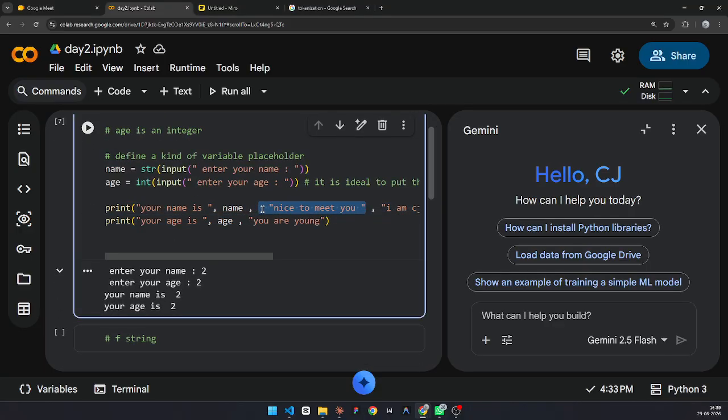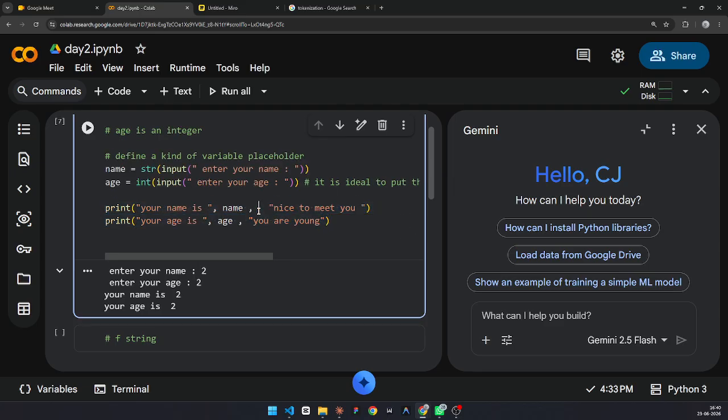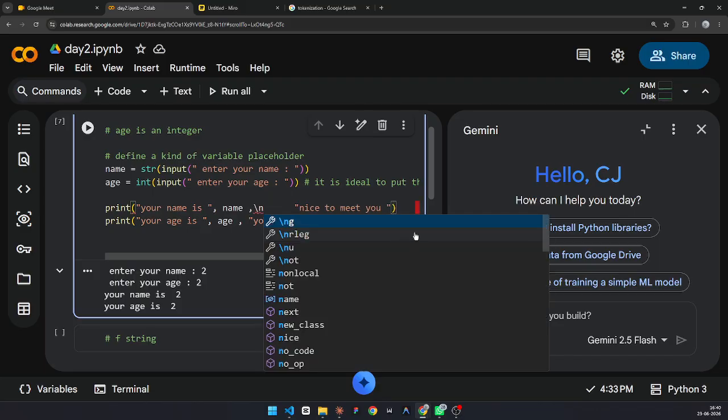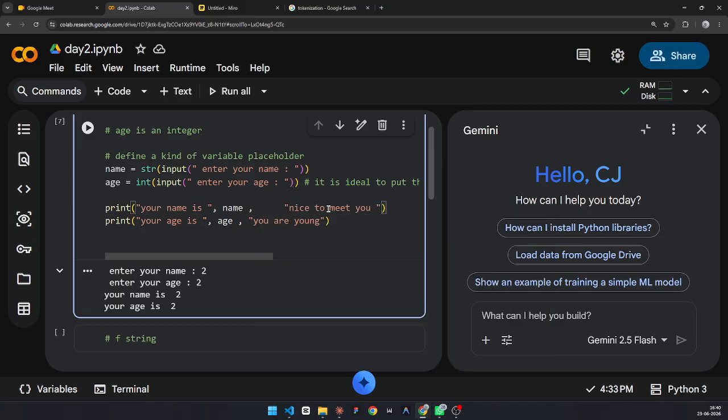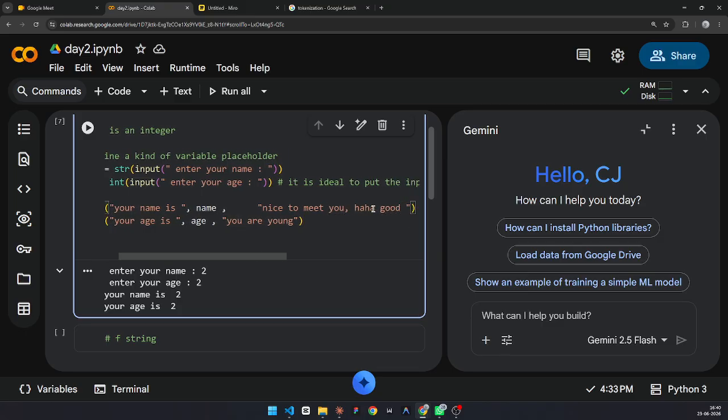Wait, how is it done? I also forgot to do this, thanks for saying this, Sachin. I will also explain this. Let's say whenever you want to break a line, to make the output look better, you can try slash n. Wait a minute. I guess it's done like this, right? Backslash n.